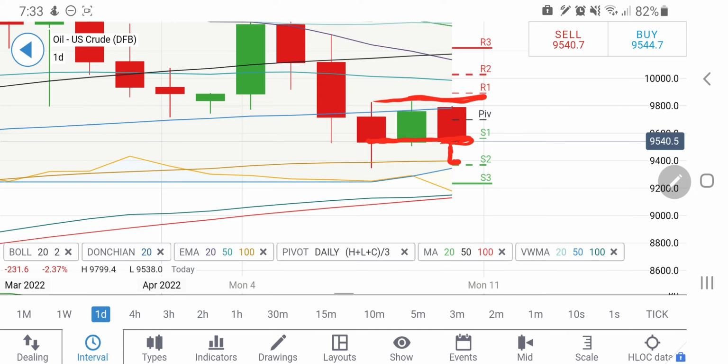94, 93.5, 92.2, and then below that we may see a sharp correction towards 91.8, which is the 100 period moving average. This must provide a support. So my expectation, 95 levels should hold on, and it may try to trade in between 95 to 98. But yes, if you see it breaking below 95, go short.